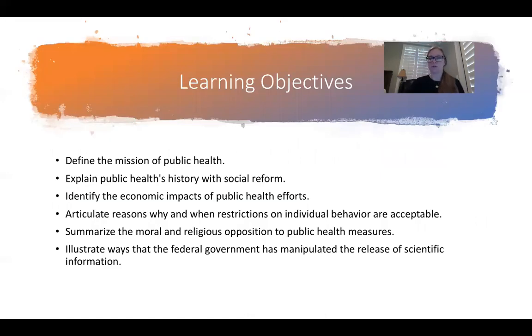So in the learning objectives for this chapter, we're going to define the mission of public health, explain public health history with social reform, identify economic impacts of public health efforts, and reasons why and when restrictions on individuals are, how they happen, and why they're acceptable versus not acceptable. Summarize moral and religious opposition to public health measures, and illustrate ways that the federal government has manipulated the release of specific information. So these are big, huge objectives for this chapter,